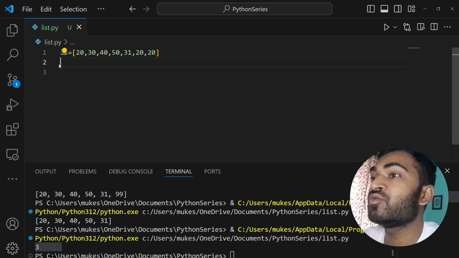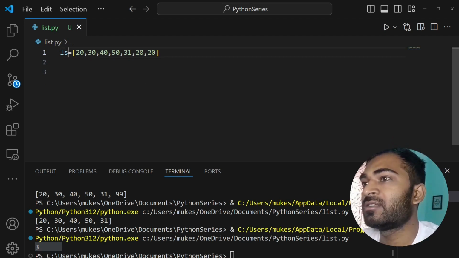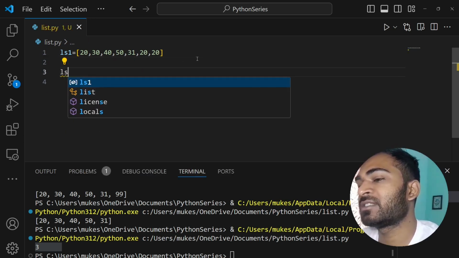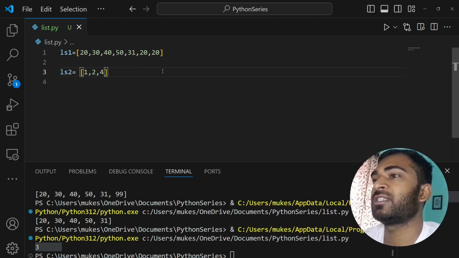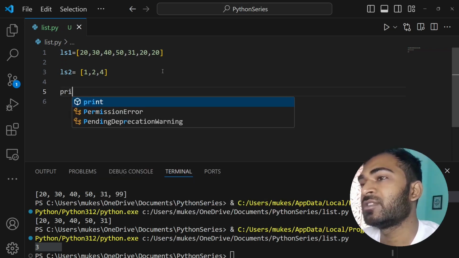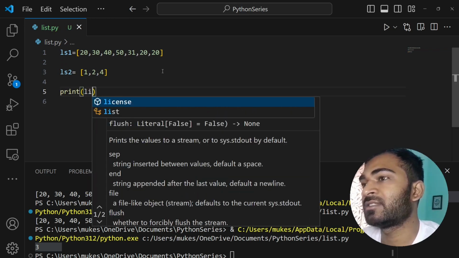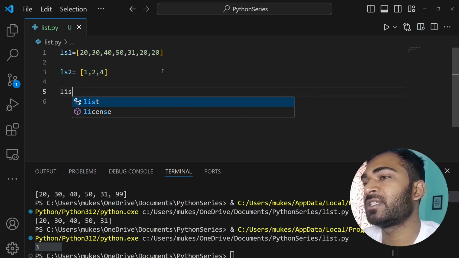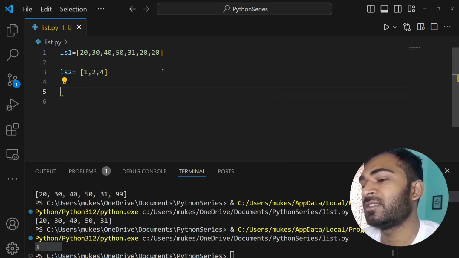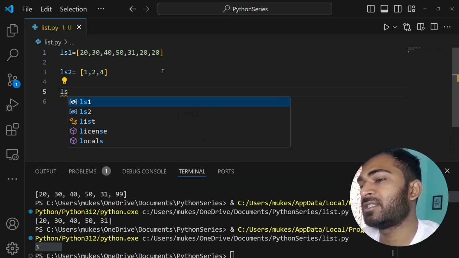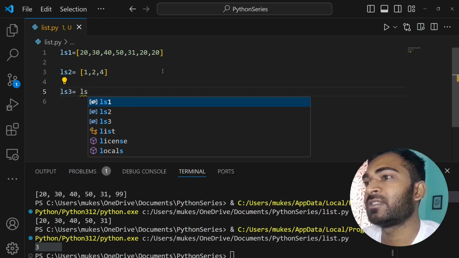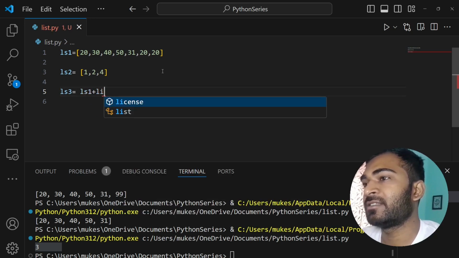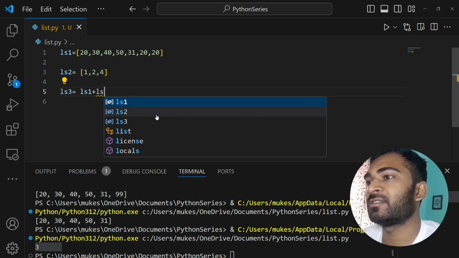Also you can add two lists. This is list one and list two. You have two lists. Now you want to add all those. You can add those lists and assign it to a different list, list three, to get a new list out of it.